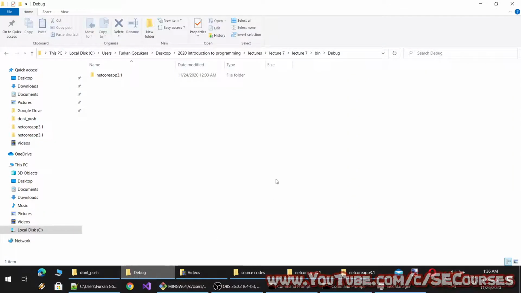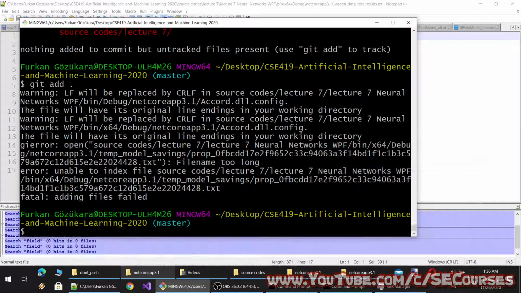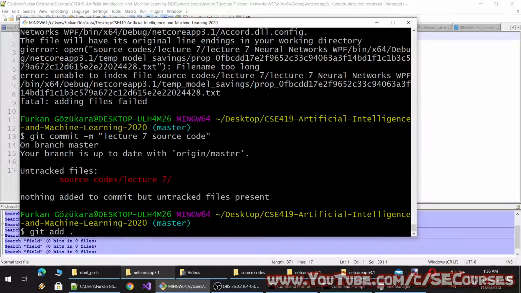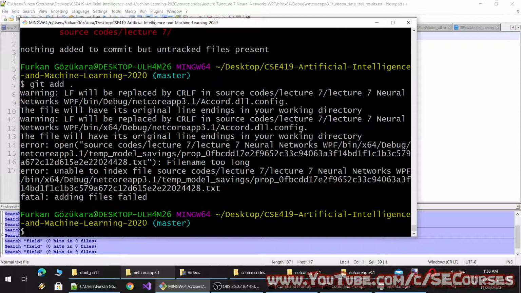Oh, do we have any big file here? Probably not, but okay, adding files failed. Why?